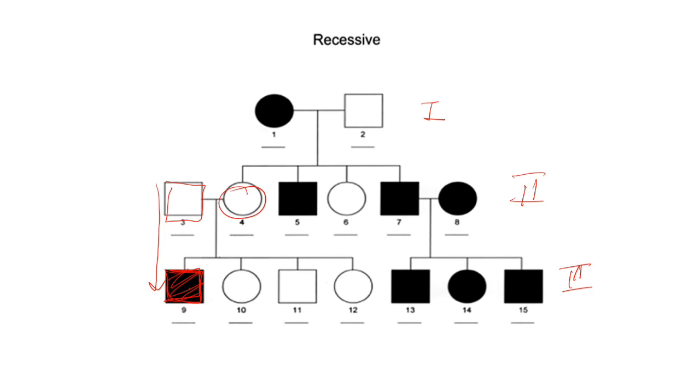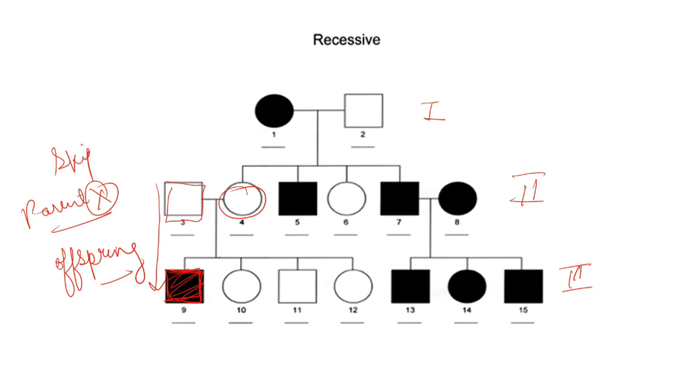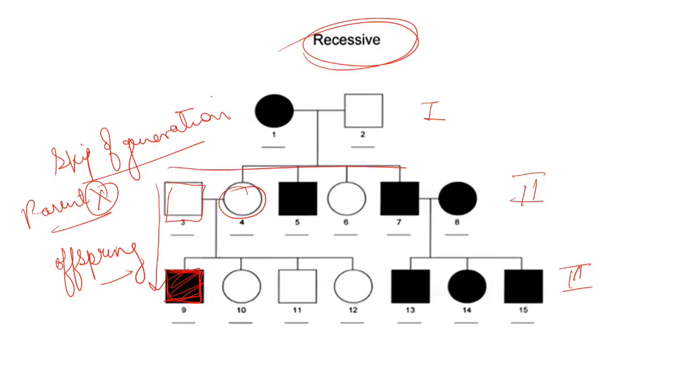If the offspring are affected and the parents are not affected, then also we will say that it is a skip of generation. So here also the condition is recessive. Please clear that point: it is not necessary that the whole second generation or whole first generation be without any disease. It can be that one parent is not affected but their kids are affected. Then this condition is also a skip of generation. Okay guys, so this was about skip of generation, recessive.